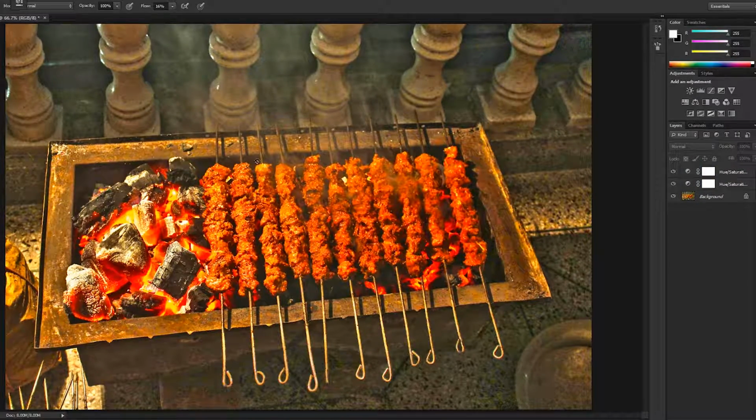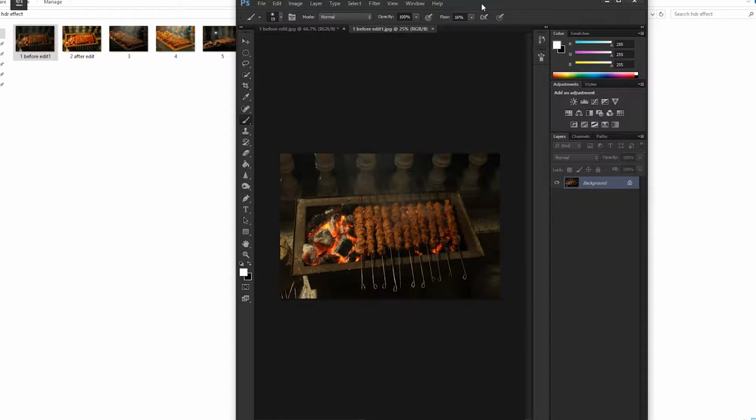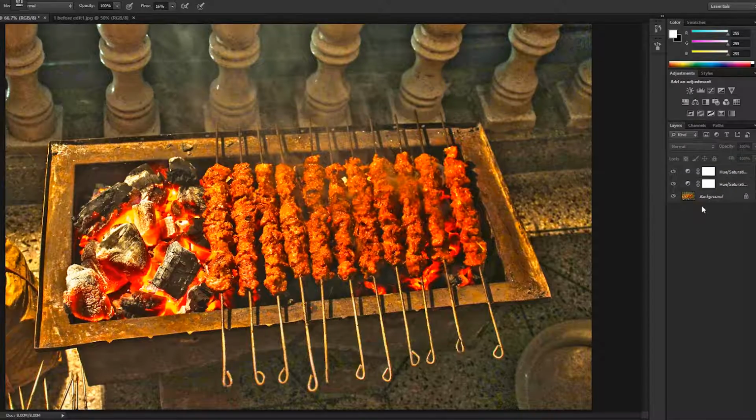So guys, our total editing is complete. Our HDR effect tutorial is complete. So if you want to see the before and after effect, you need to put the initial picture where we started. That was our original picture. You need to take all of these layers